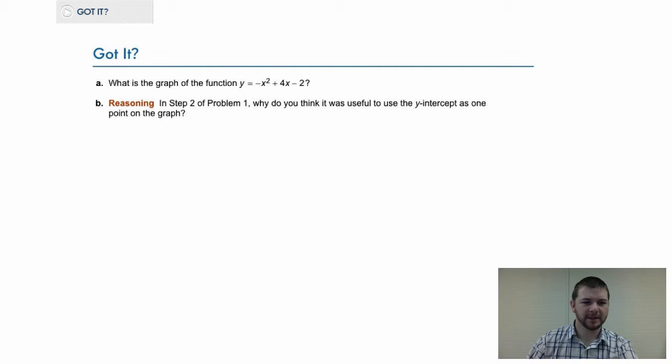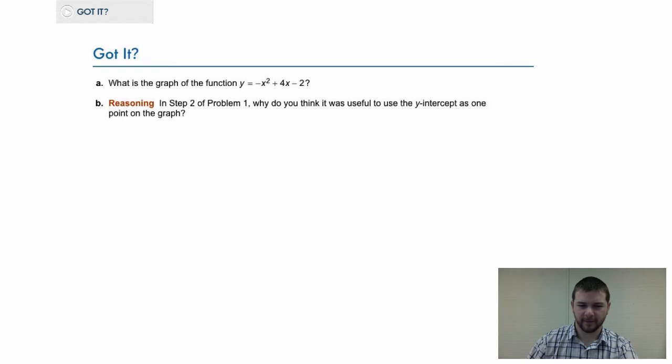And your got it question. A, what is the graph of the function y equals negative x squared plus 4x minus 2? And B, a reasoning question. In step 2 of problem 1, why do you think it was useful to use the y-intercept as one point